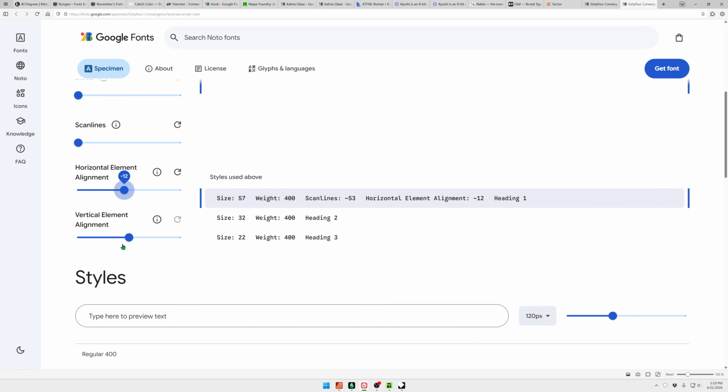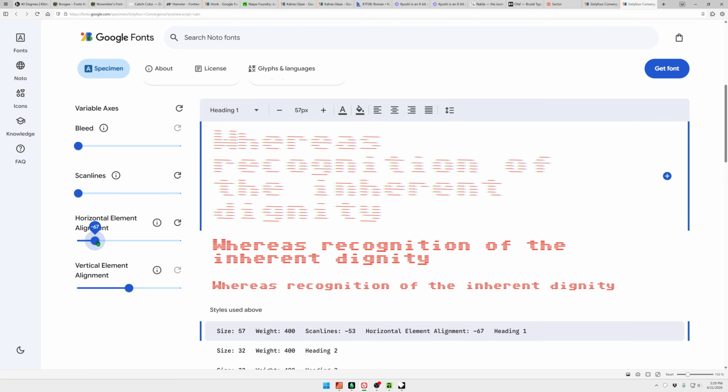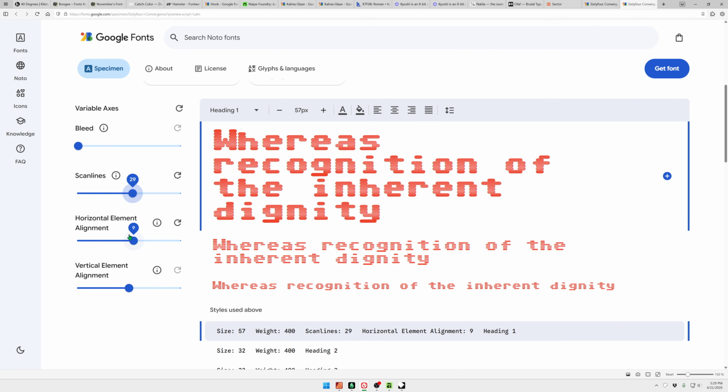The scan lines do work, but you've got these horizontal alignment things. You can make the lines, it's probably not showing up super great. Let's make these a little bit bigger. You can make the lines not aligned. So imagine an old CRT TV. I do have a really cool blog article. I forget what website published it, but they have the making of this font. So go down and look for 64 Convergence, and you'll see a making-of article that breaks down how